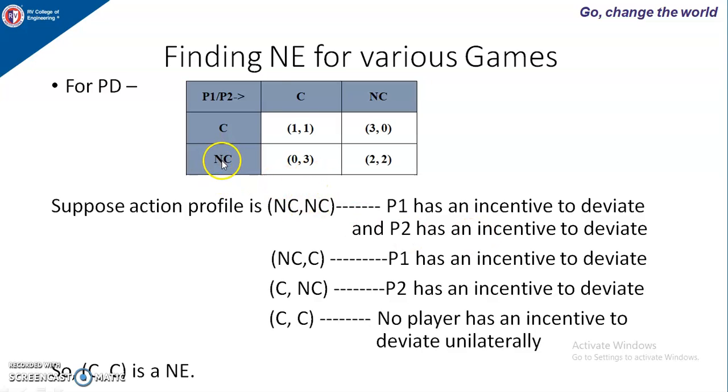Suppose the action profile is NC, C. Here player 1 gets a payoff of 0 and player 2 gets a payoff of 3. Now suppose player 2 fixes his action to C and player 1 changes his action from NC to C. Then the players will get a payoff of 1, 1, where player 1's payoff will rise from 0 to 1, which means the player